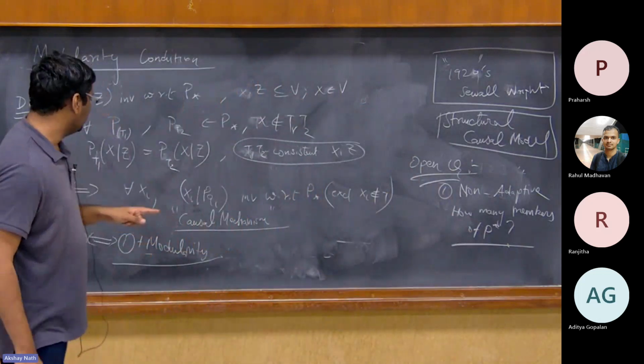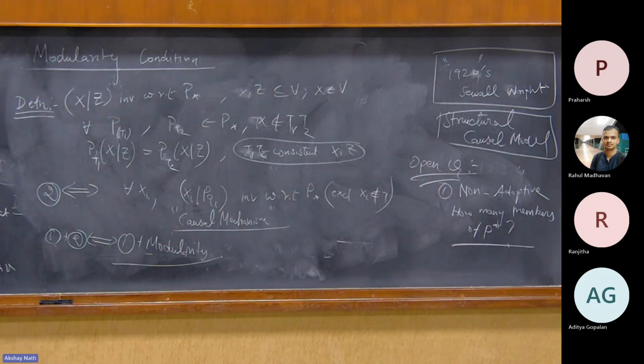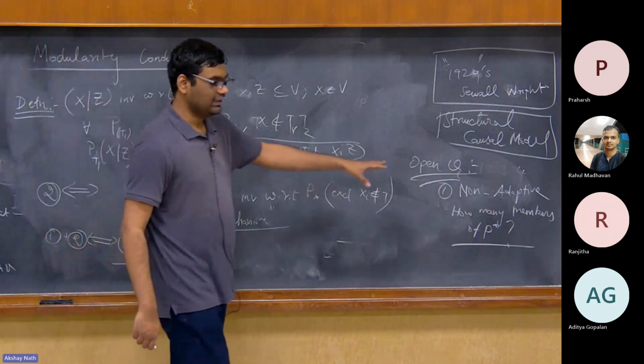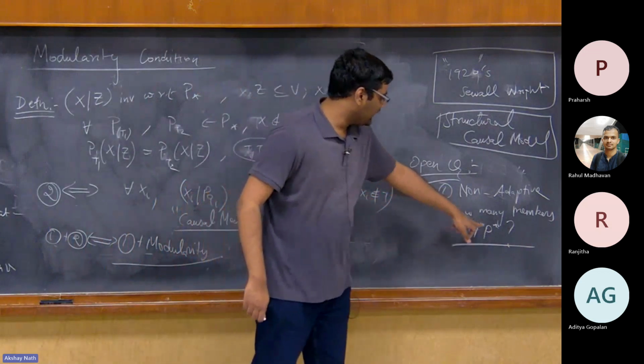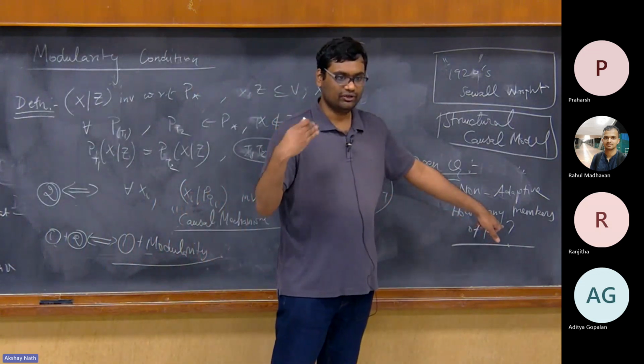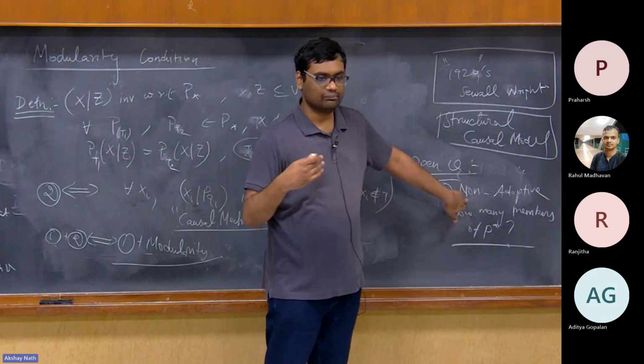The assumption is that the conditional independencies that you are testing and the invariances that you are testing are only implied by the structure. There are distributions that don't obey these conditions, for which none of these interventional results hold. Then the question is, is there some other observation model, maybe a random model, or how many random realizations of P star do you need before you can uniquely determine invariance?